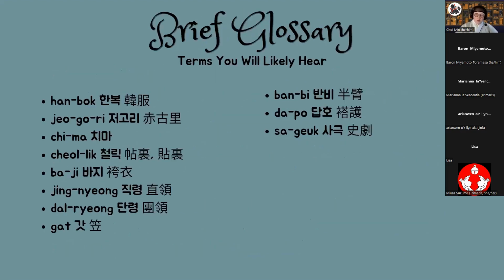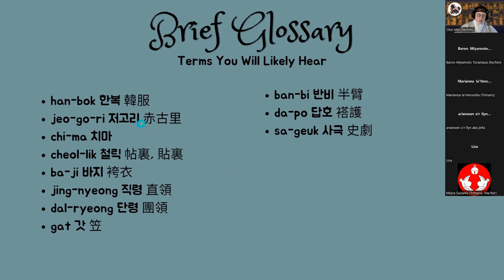So, Hanbok is the name for all garments overall. Oh, I saw my cat's tail flash in on my preview and I was like, what? But he is behind me. Okay, so Hanbok is named for everything. It just means Korean clothing.